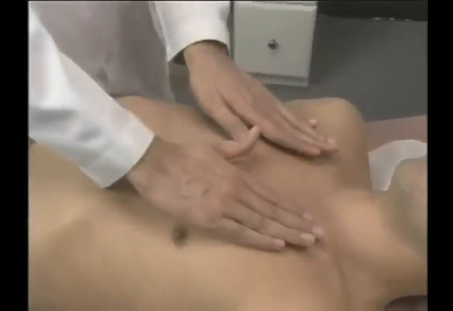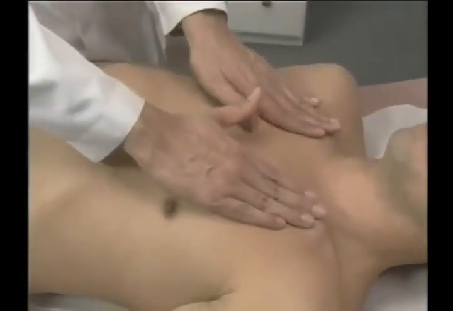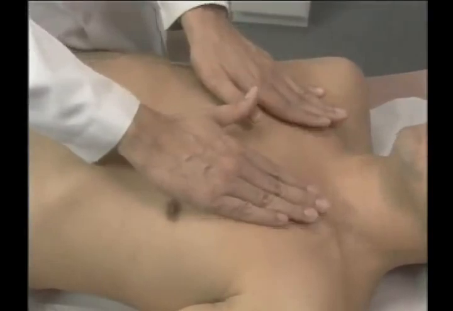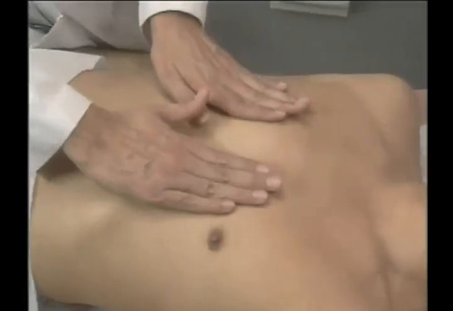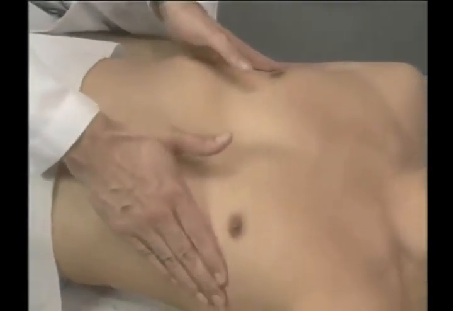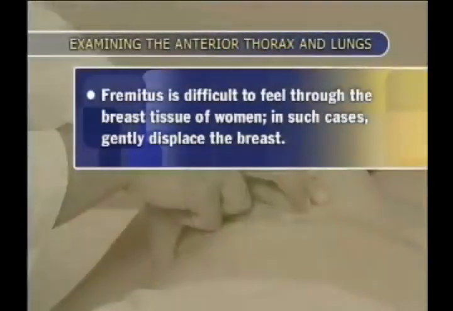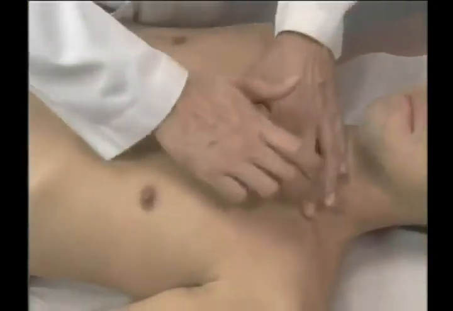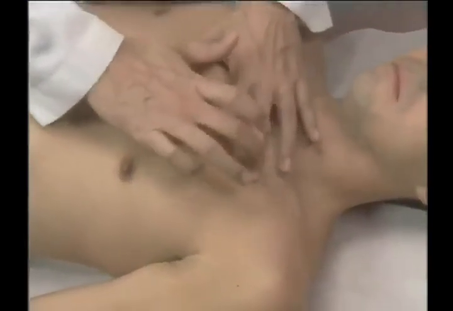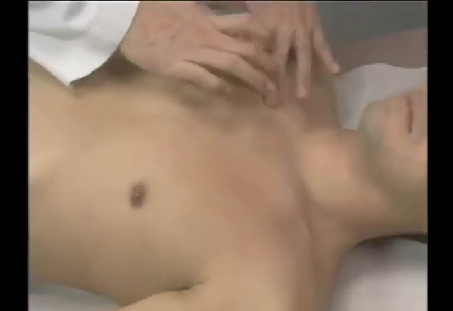Next, palpate for tactile fremitus. Say 99. As the patient repeats 99, compare symmetrical areas. Using the edge of the hand to detect vibrations is also common. Because fremitus is difficult to feel through the breast tissue of women, in those cases you may need to gently displace the breast. Next, percuss the anterior thorax in symmetrical areas, proceeding from the supraclavicular area down to the sixth